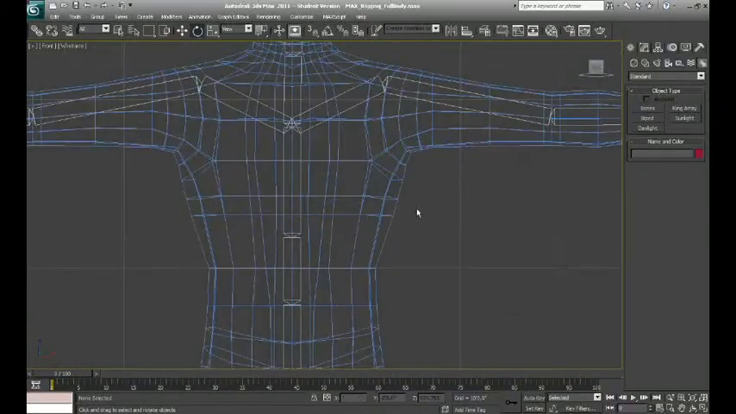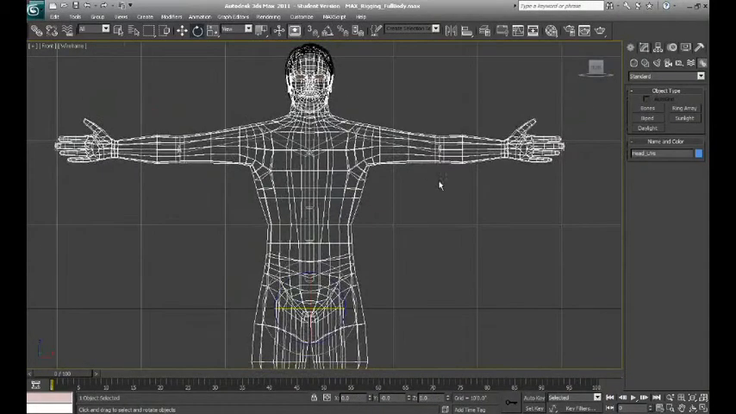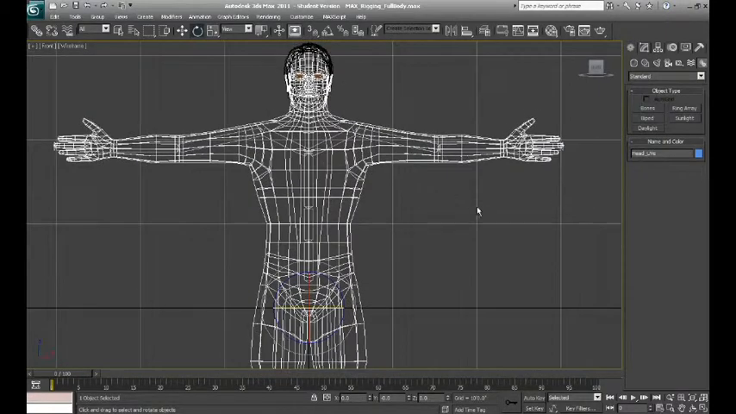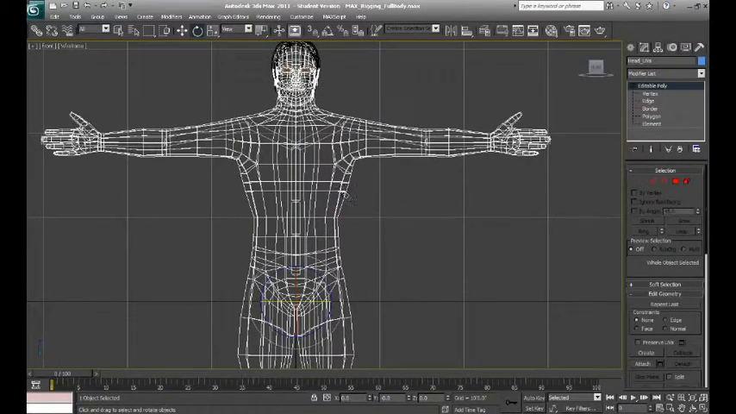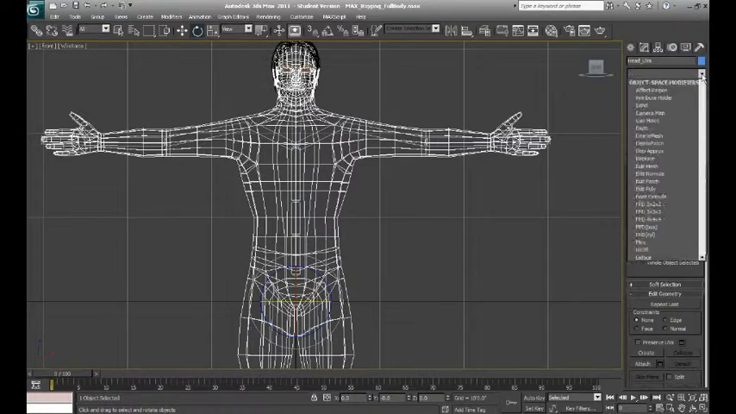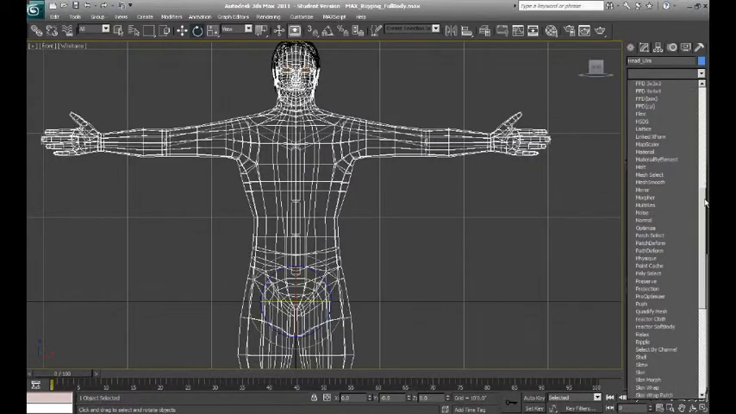Alright, in this tutorial we're going to quickly move through the tool set for applying your skin modifier to your model so that you can apply your bone set and pose your character. Now I've selected my mesh. As you can see, my editable polymesh is selected here, and what I'm going to do is go to the modifier stack, go down here to